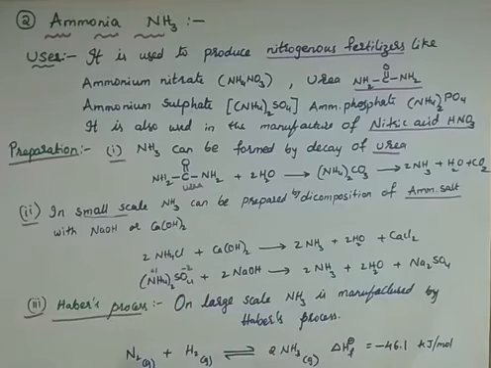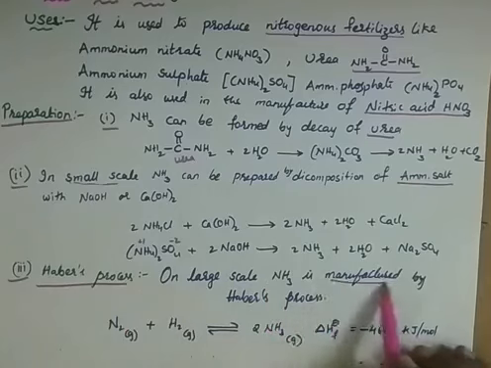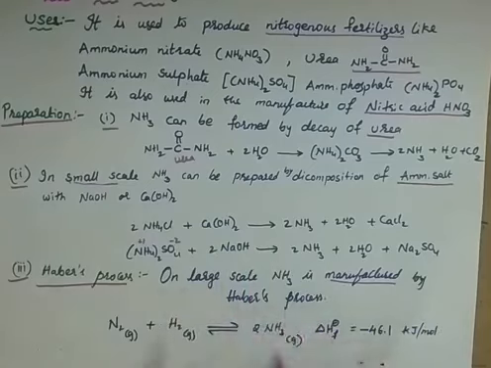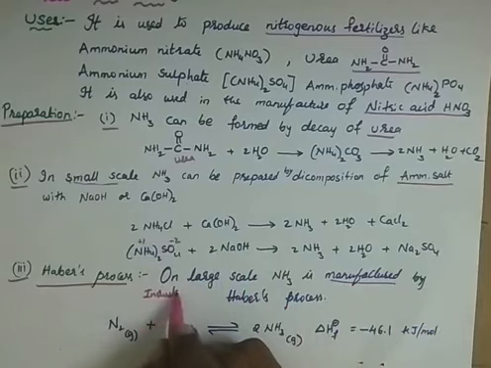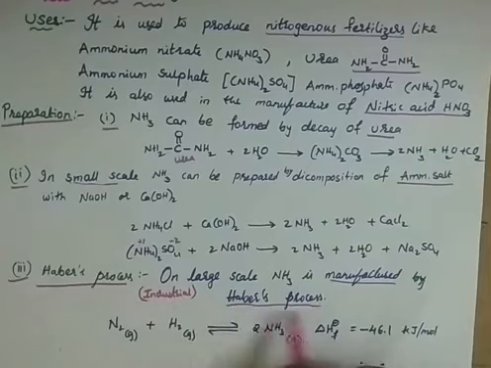Okay. So now, very important and you know it already, is Haber's process. You can be asked the question in your exam also. On a large scale we say manufacturing; on a small scale, synthesis or preparation. So manufacturing can be on a large scale, or we can also say industrial preparation, right? And Haber's process has been given his name because they have stabilized some reaction conditions to produce in large quantities without wastage.